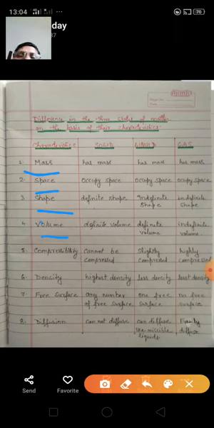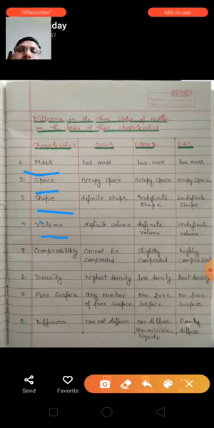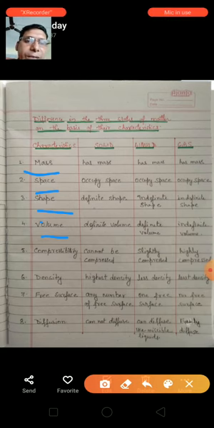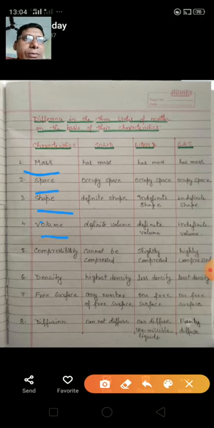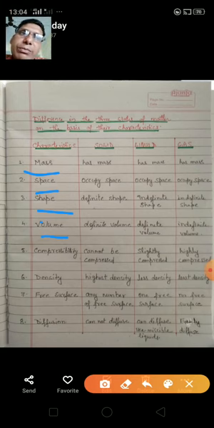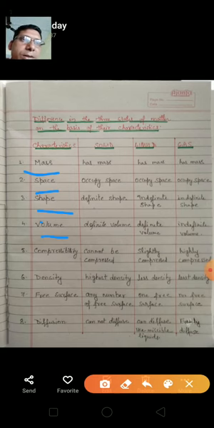In solids, the molecules are tightly packed, very, very close to each other. They do not have empty space. That's why solids cannot be compressed. But if you come to liquids, as they have more intermolecular space than solids, meaning they have empty space between their molecules, the liquids can be slightly compressed.